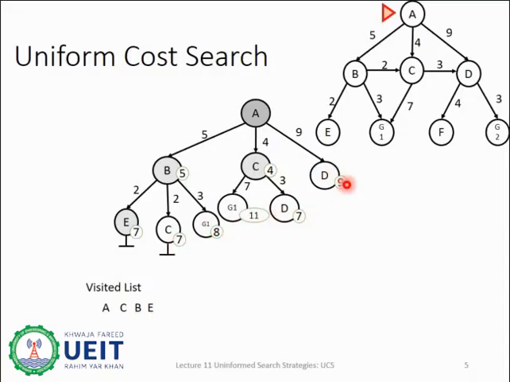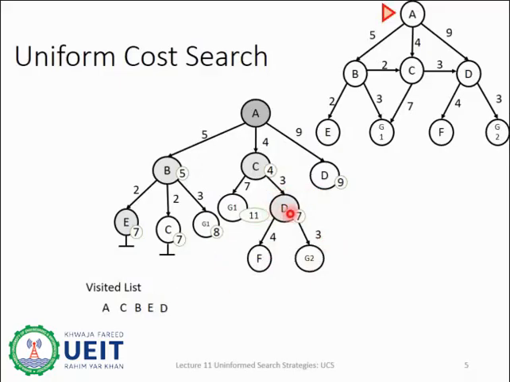We will expand the one which has the minimum cost, and that is D with the cost of 7. We will go on expanding this node. From the original graph, we will see that from D, we can go to F with the cost of 4 and we can move to G2 with the cost of 3. We will expand in the same order in the spanning tree. We can move to F with the cost of 4 and we can move to G2 with the cost of 3. And we will write D in the visited list.